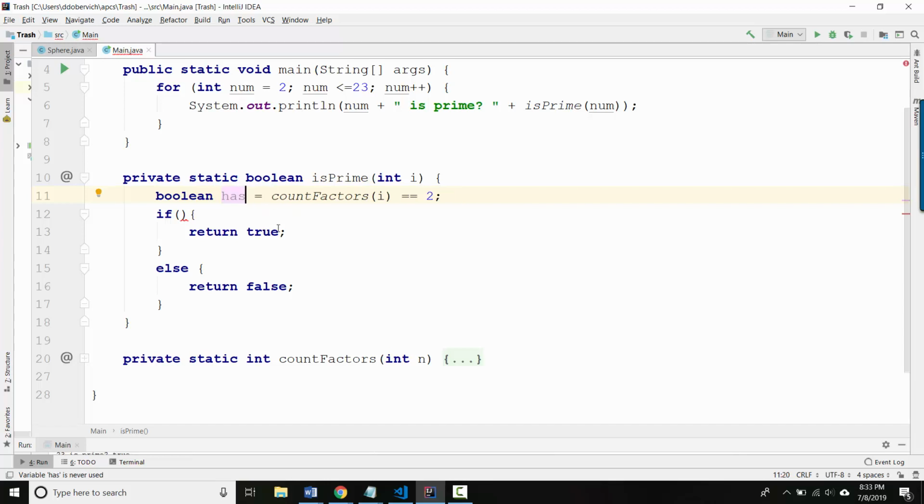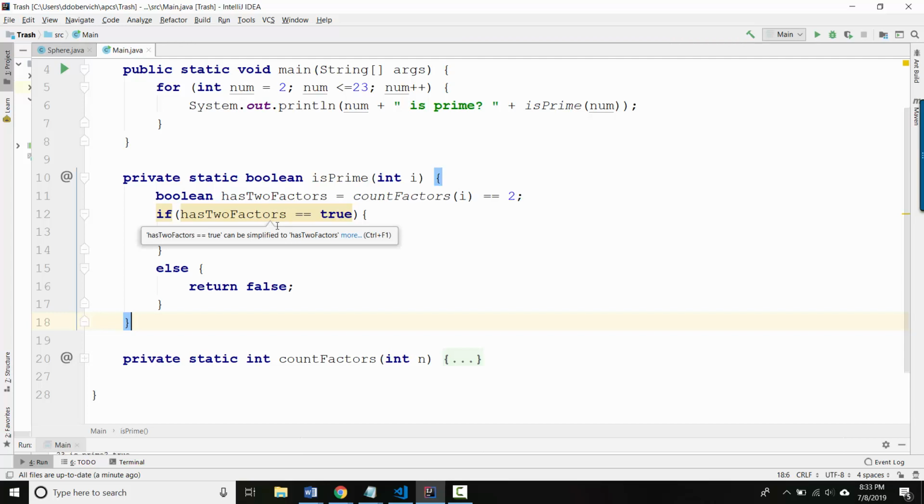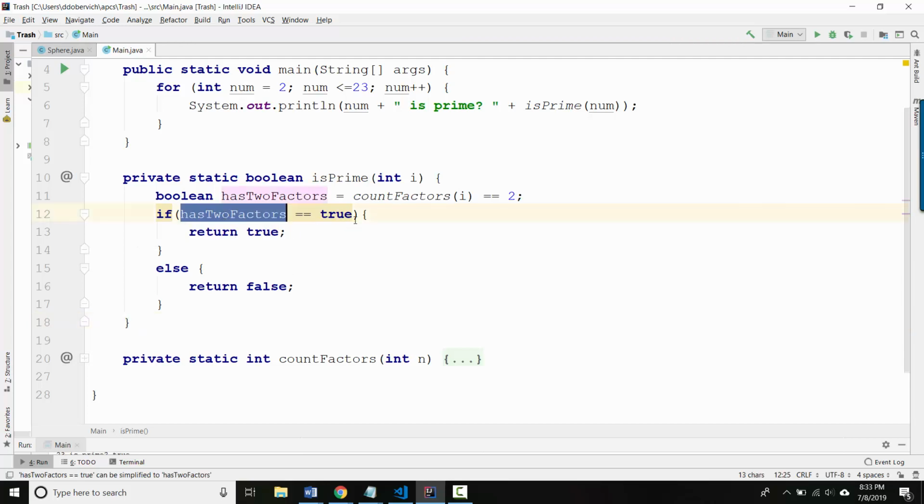So let's actually maybe name it better. So has 2 factors is going to be true or false, depending on how this is evaluated. And so then I could say something like, if has 2 factors is true, return true, otherwise return false. That's a little silly, though, because notice that if has 2 factors